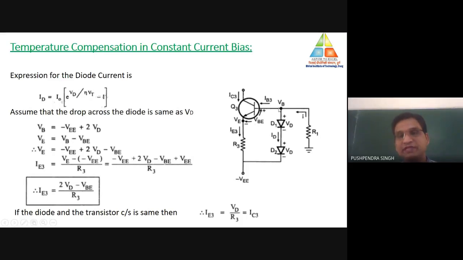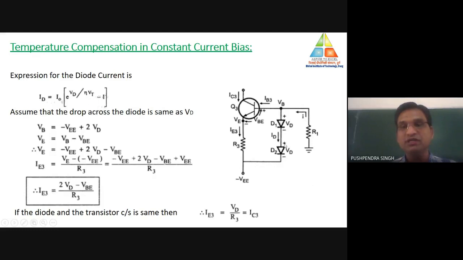Why? Because when the base voltage of the transistor is high, the diode will go into saturation. That means it would be in forward biasing condition. When it is in forward biasing condition, the maximum part of IB3 will not pass through the emitter terminal, but most of the component will pass through this short circuited path. By which we may compensate the excessive amount of current, and our circuit would produce the same collector terminal current. So by this particular circuit, as we analyze, the value of VB is equal to how much? Negative terminal voltage plus the addition of the voltage across these two diodes.